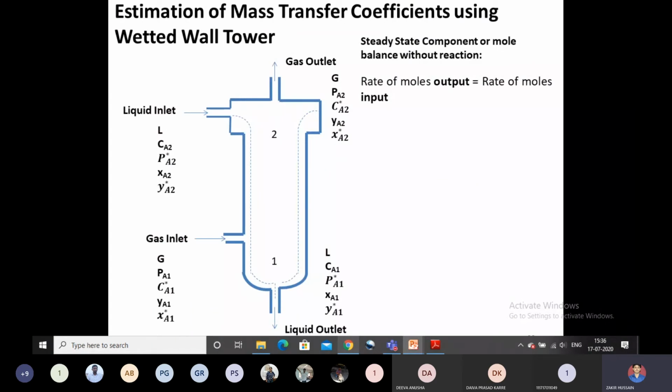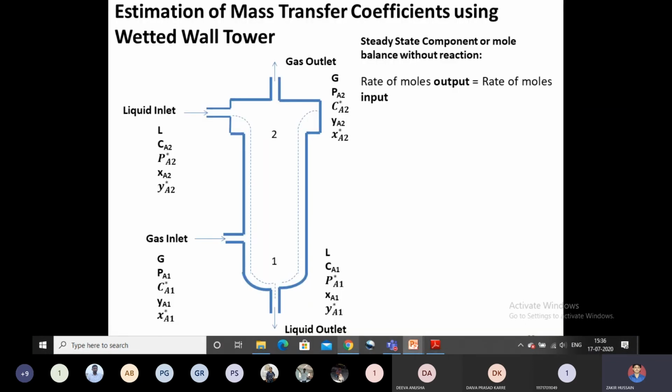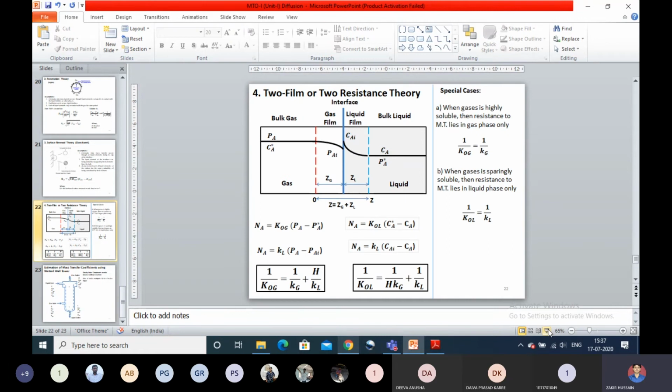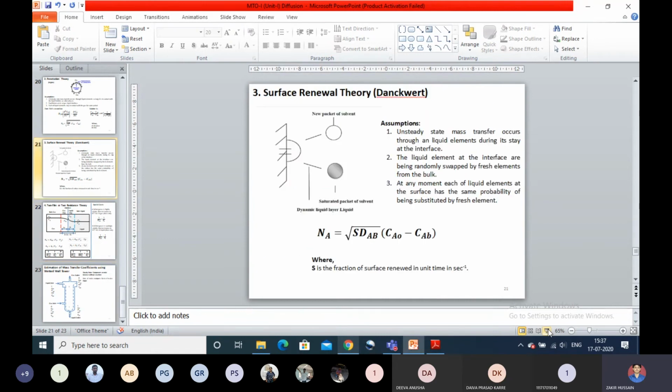The final topic in unit 1 is mass transfer coefficient estimation through a wetted wall tower. It is very important, experimentally also. We will try to derive all these things. My sincere request is to go through the notes, derive on your own, and write down your notes. If you know part A, you can know part B, and if you know part B, then only you can go to part C. Otherwise everything will be blurry and you can't understand anything. So sincerely follow the notes in class. If you have any issue or doubts, you can contact me anytime.